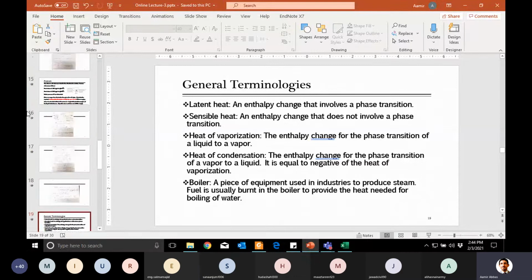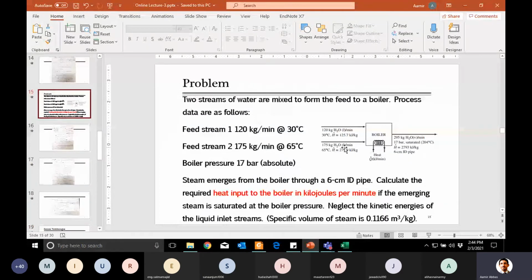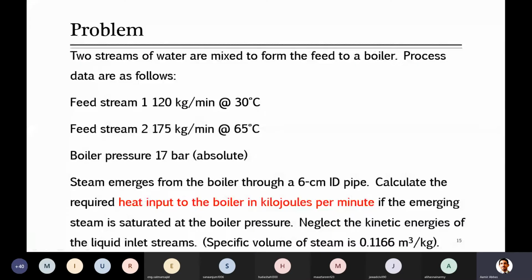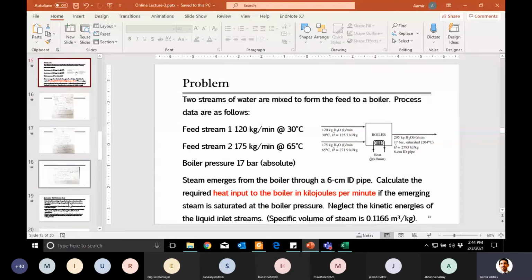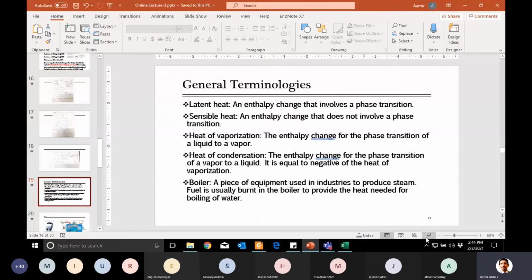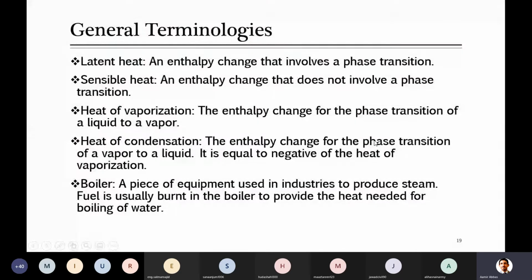Guys, in this question, I think this is the last part of the lecture. We will quickly go through this in 10 to 15 minutes. In this question, as well as in the previous question, you are already provided with these values of enthalpy as well as specific volume. But if they are not provided, how do you find them? You can find them from the steam table, as you already know. But before I jump directly to the steam table, I want to quickly refresh your knowledge.